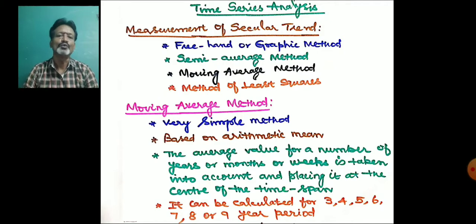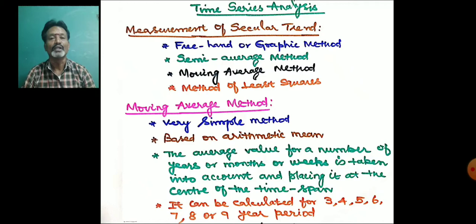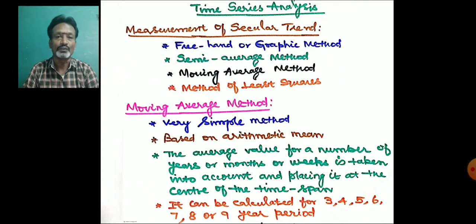After that, we have to find the middle year. Now we add the first 2 of the 4-year totals, that is, we get an 8-year total. So definitely we will get the middle year. The 8-year total should be written on the middle year. In this manner you leave the first 4-year total and take the second and third, then the third and fourth, and so on, and estimate the 8-year totals. Then the 8-year total value should be divided by 8, and you will get the 4-year moving average.